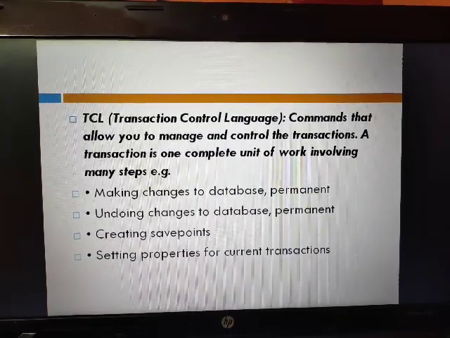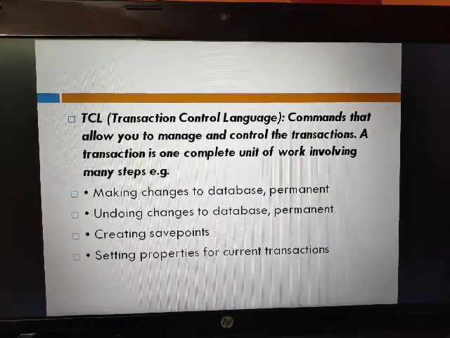So basically they are the three: DDL, DML and TCL.